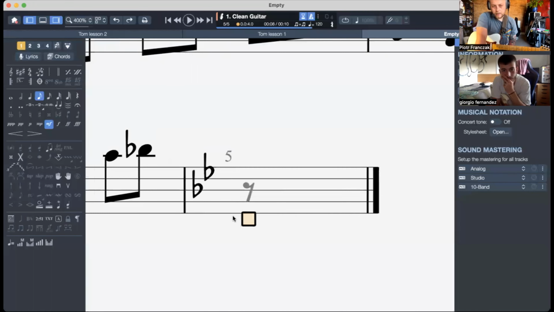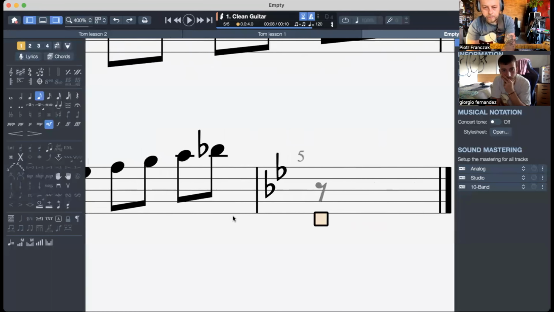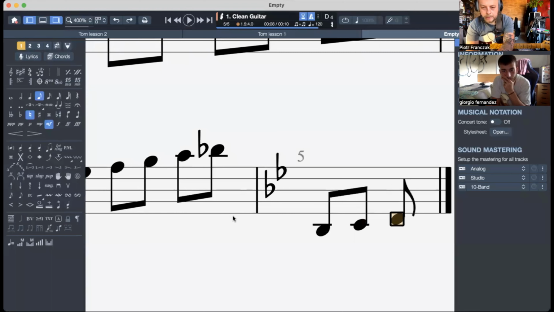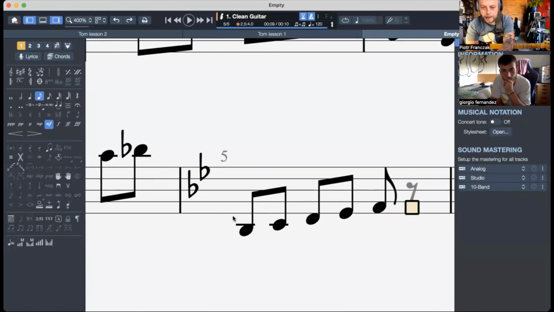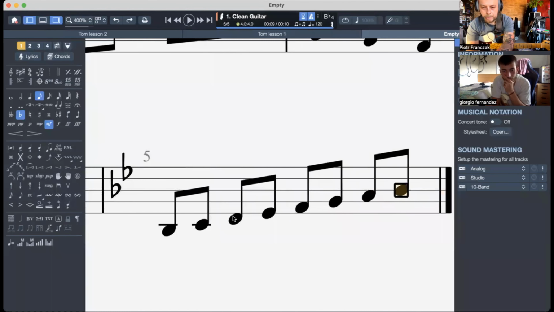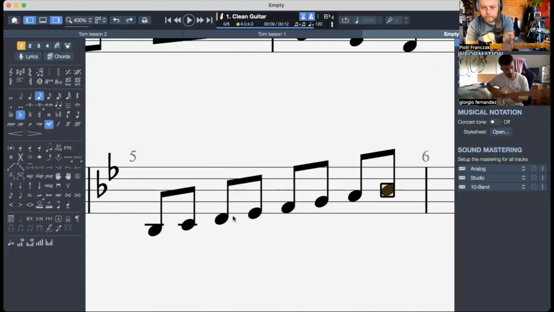And then we will start by writing from B. But I will go with the lower B, B flat. And now C, D, E, F, G, A, and B again. And they are already altered, so it will be